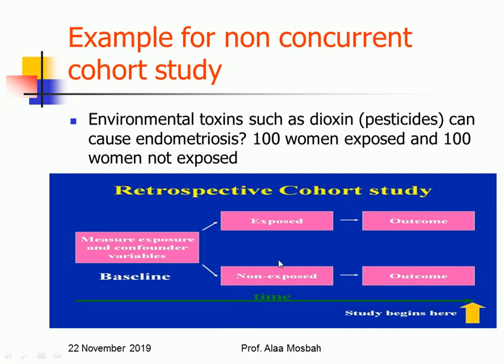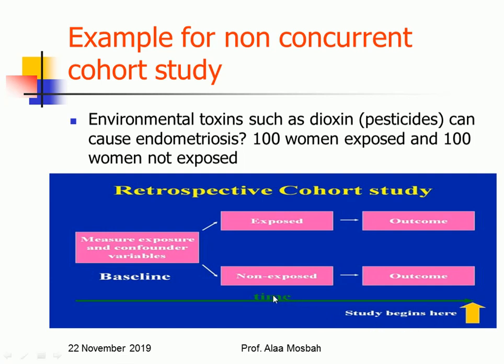So, to save time, if I started at this point and divided the group earlier by 5 years and followed them for a long time, then tested for endometriosis after 5 years, it takes a long time. So, to save time, you can start at this point. You will search for people already exposed to this dioxin